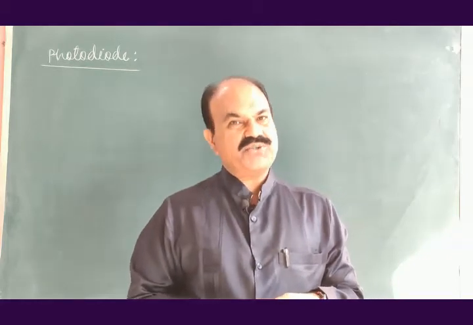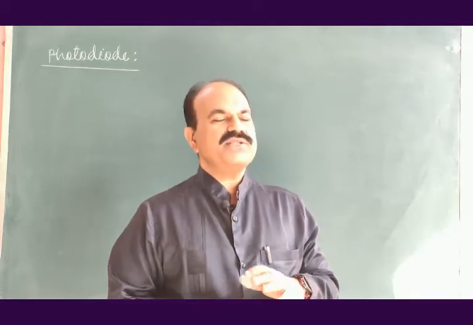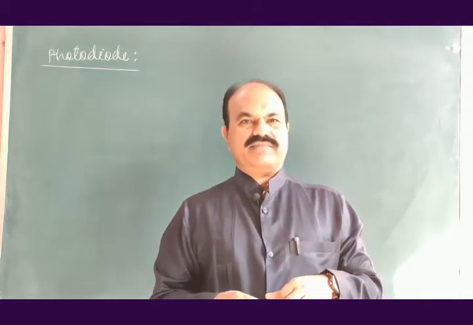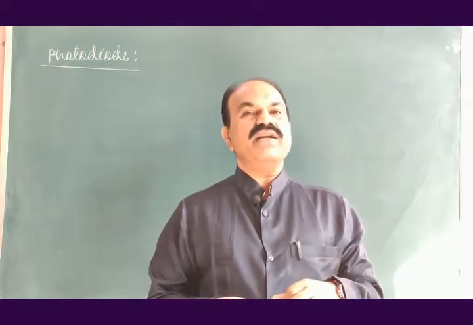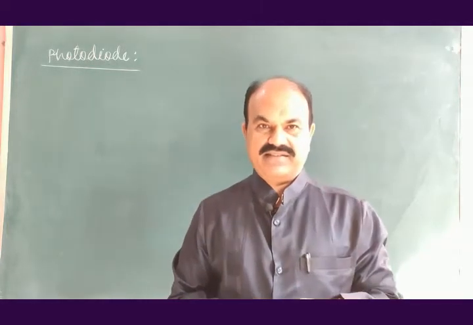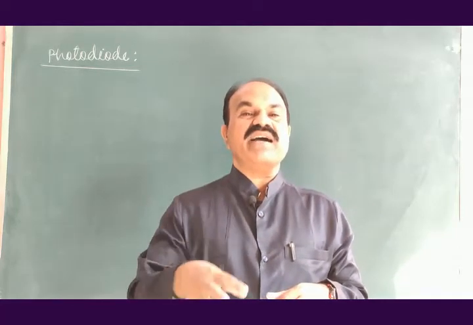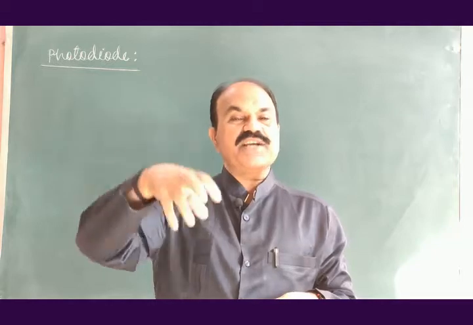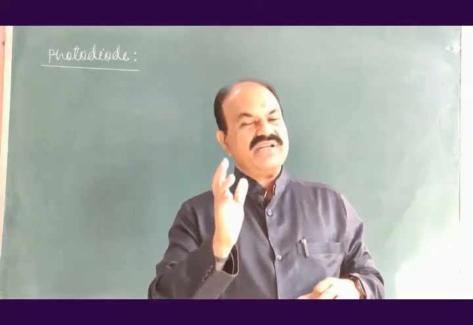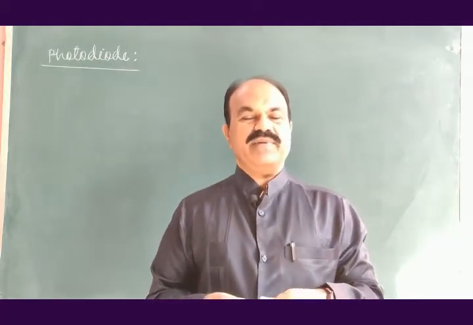If this energy received by the electrons in the valence band of the photodiode is larger than binding energy of the electrons, they may break the covalent bond and may become free and can jump to the conduction band. That will increase the current through the photodiode when it is in reverse bias and it is exposed to light energy. Because of this reason, the photodiode conducts in reverse bias.